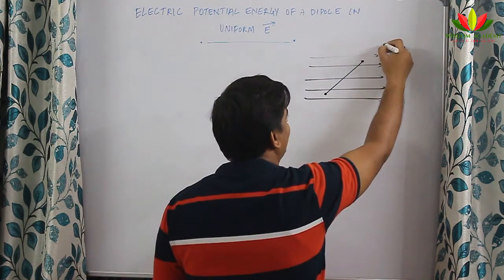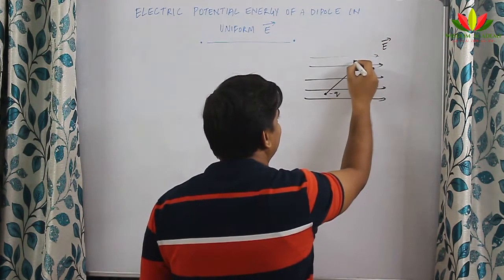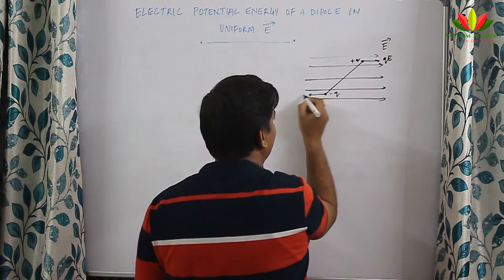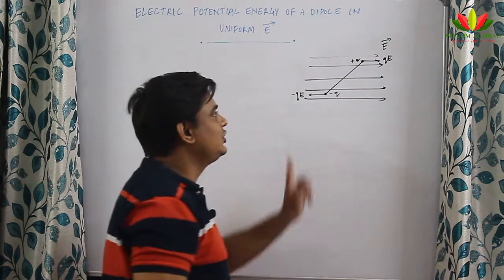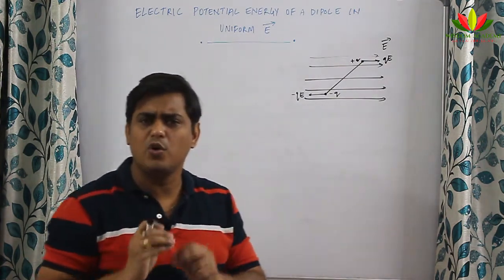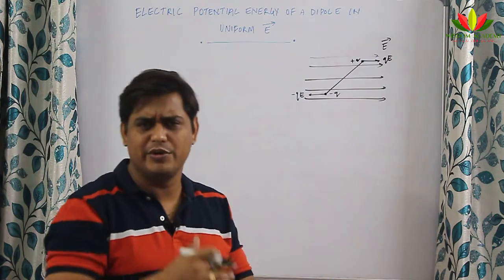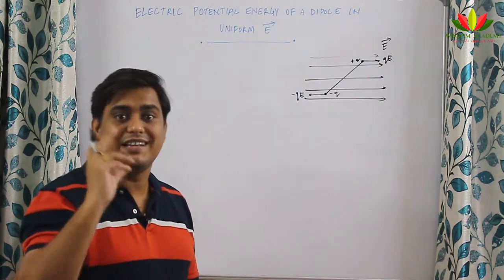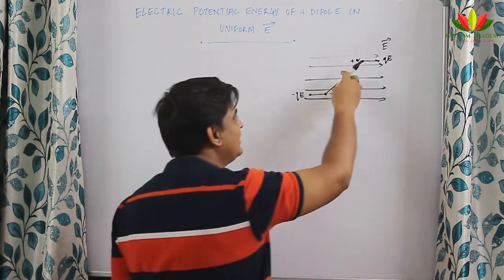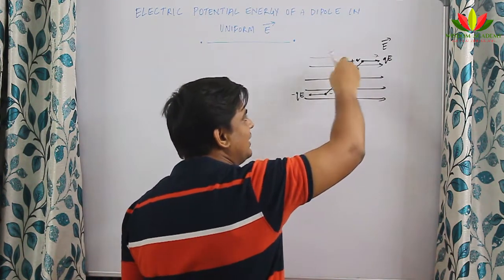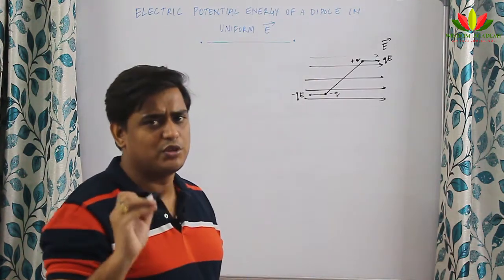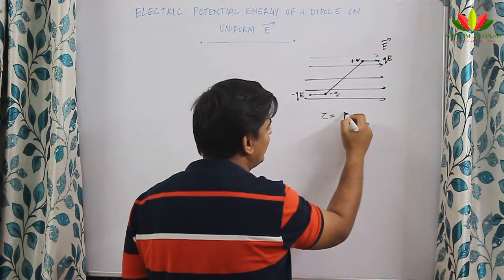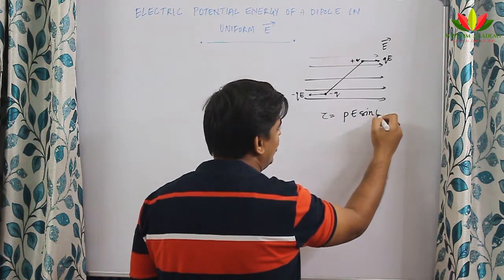So understand that on this charge minus Q and this charge plus Q, there will be force acting. Here QE will act and here minus QE will act, right. So these two forces will cancel out each other, so there will be no net translational force. Already I have told you in electric field, there will only be one effect, which is called torque, which will tend to move the dipole. That torque was equal to force into perpendicular distance, and we found the torque to be P cross E or PE sin theta. I hope you remember this.